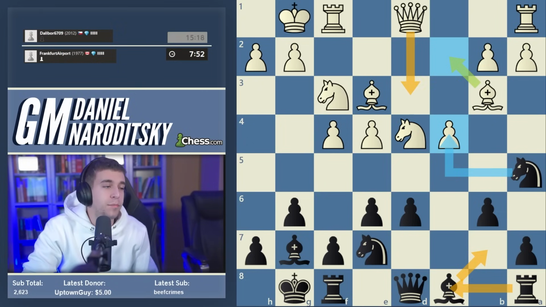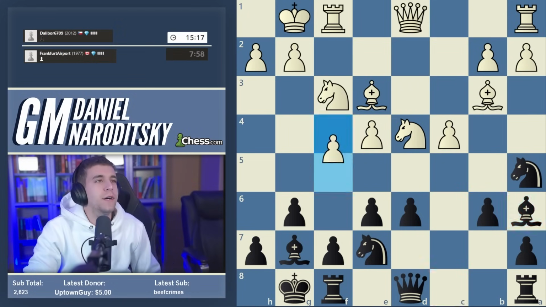So bishop b7, probably he's going to bring the queen up to d3. And then we could, for example, play rook c8. You know, we could play this more normally. But bishop a6 looks spicy. I really want to grab...